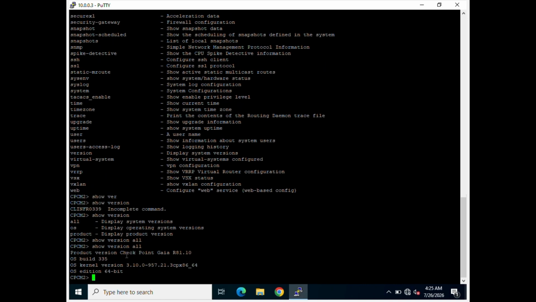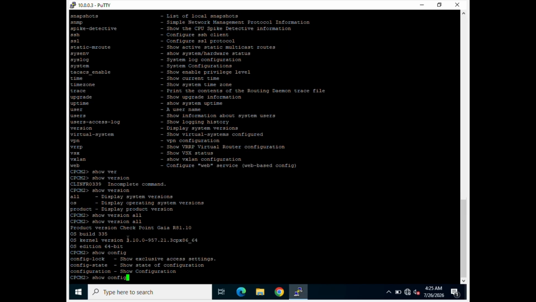It will tell me the version of everything, like what is the OS build, what is the OS kernel version, and what is the OS edition. So this is how the show command works. We can also see the configuration. So show configuration,